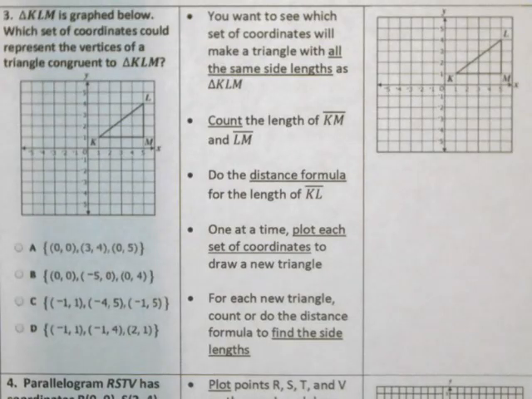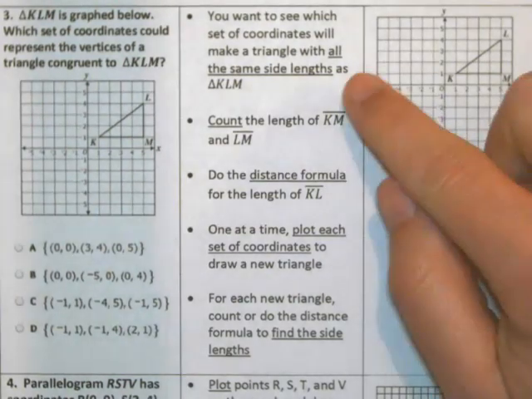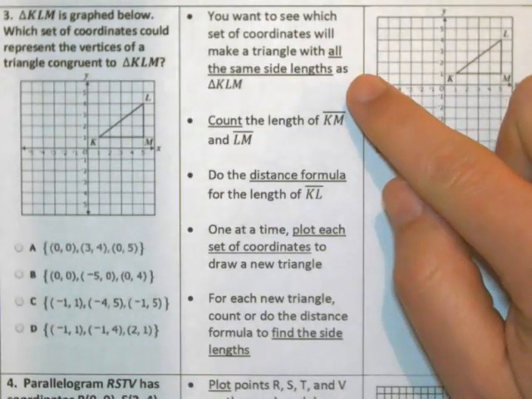All right, here is example problem 3 for coordinate geometry. This says triangle KLM is graphed below. Which set of coordinates could represent the vertices of a triangle congruent to triangle KLM? So we basically want to see which set of coordinates will make a triangle with all the same side lengths